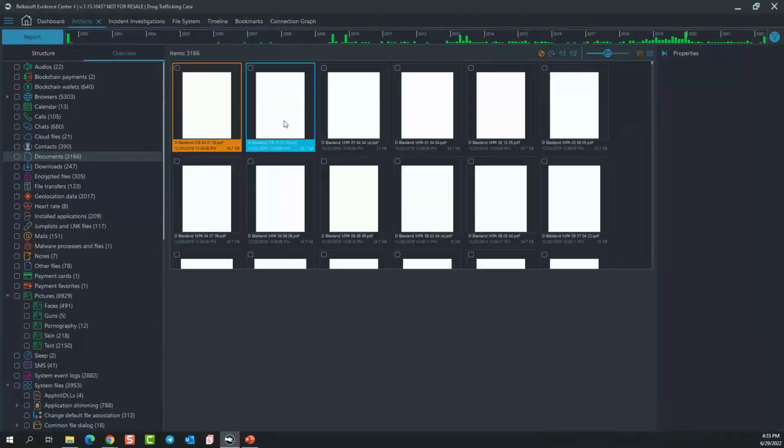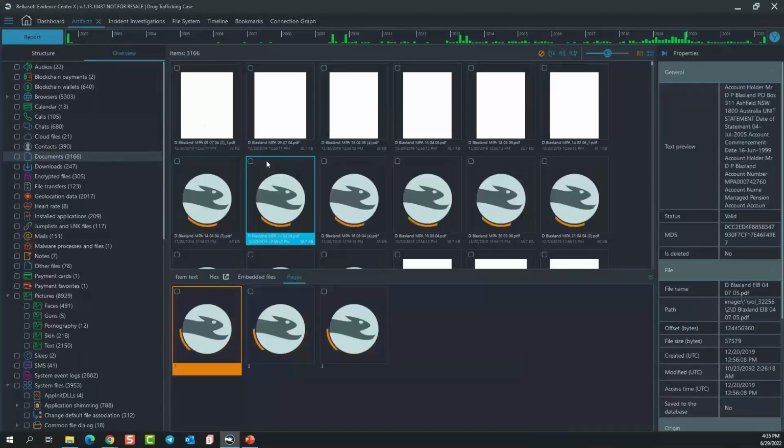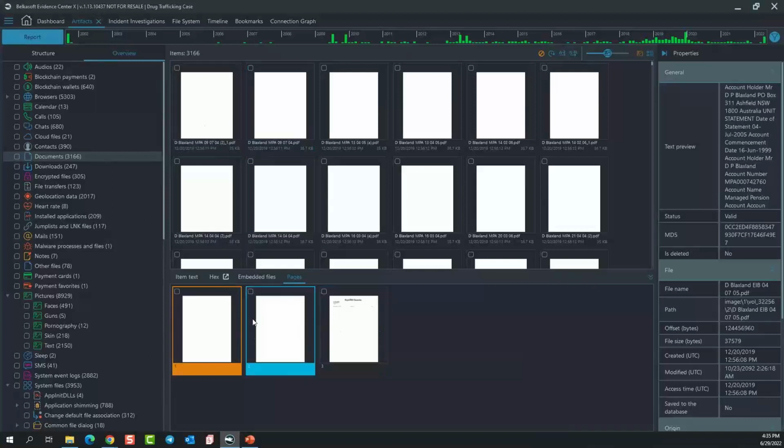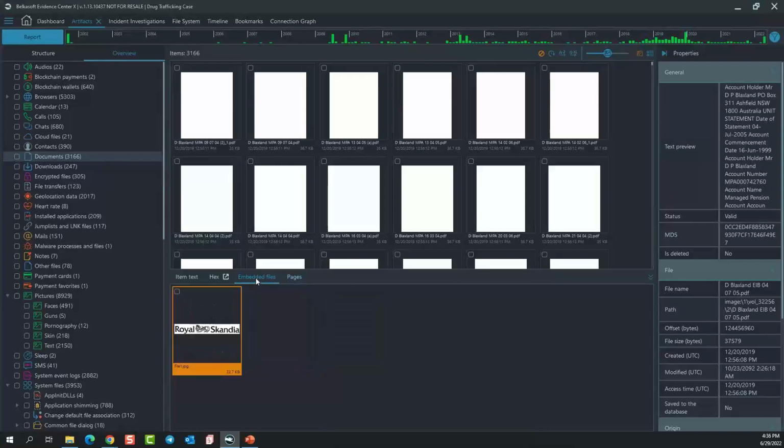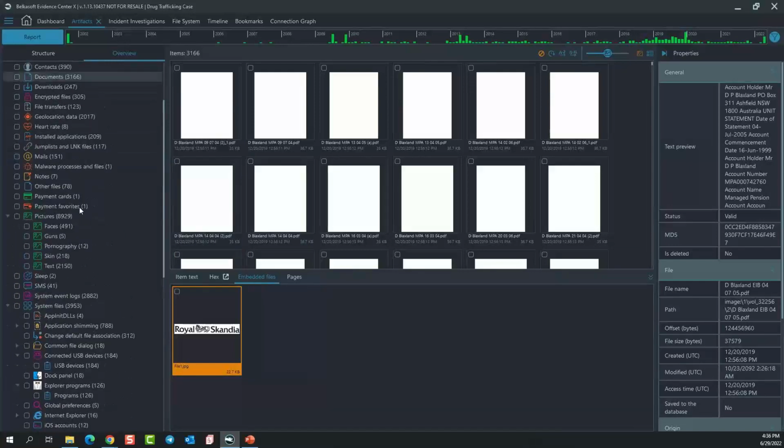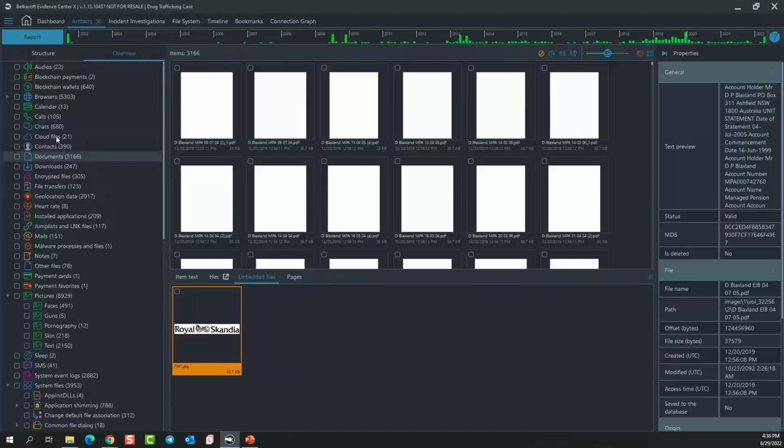So the documents will be located here. We can see how many different files are a part of that particular PDF. If there's any sort of embedded files in that PDF, those will be found here as well. So with that, I'm going to go ahead and jump into, let's go ahead and go to our Instant Investigations